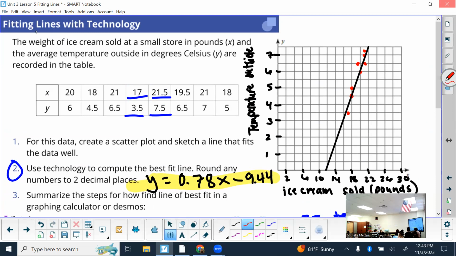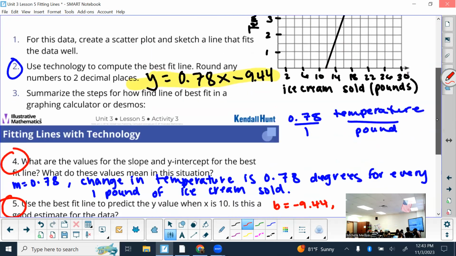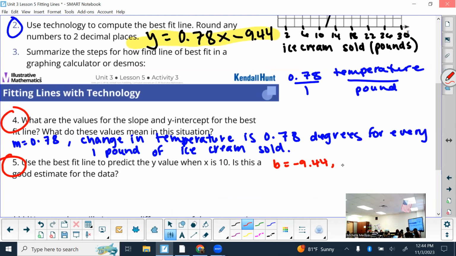This description says, the weight of the ice cream sold at a small store in pounds X and the average temperature outside in degrees Celsius Y. So the temperature outside in degrees is what's on my y-axis. If my y-intercept is negative 9.44, that's still referring to temperature. Does that make sense? So it's negative 9.44 degrees